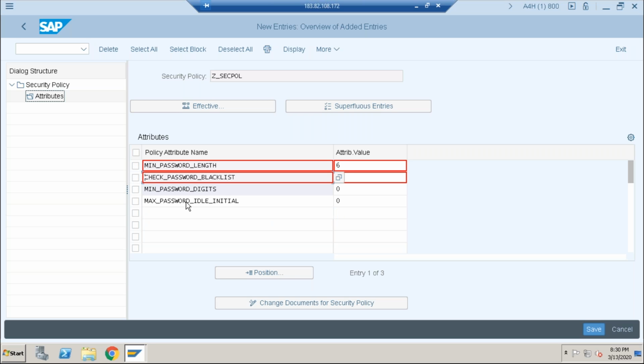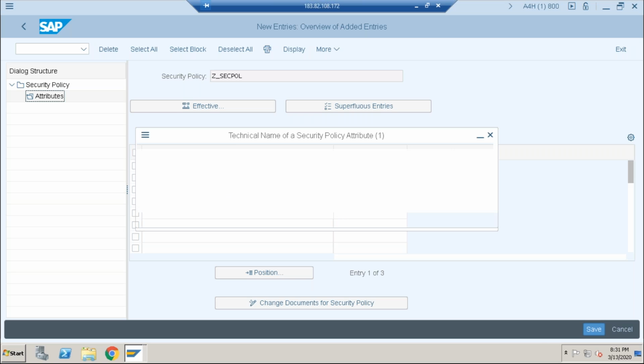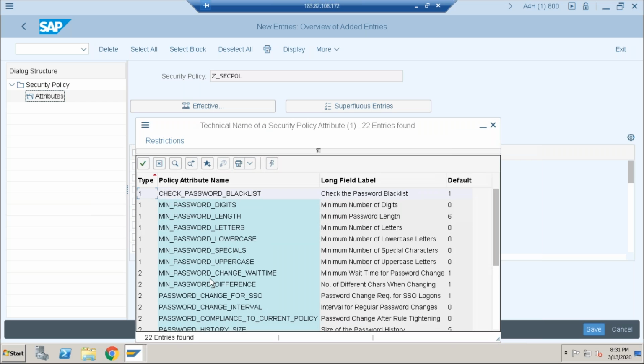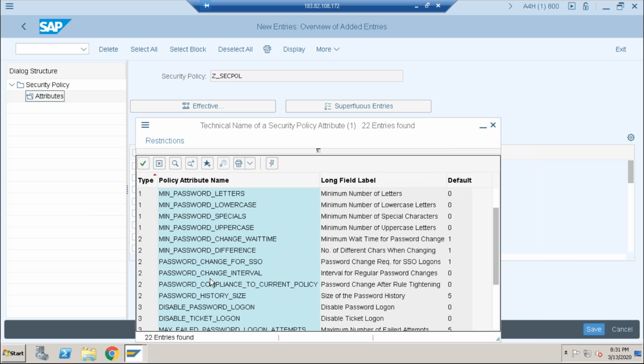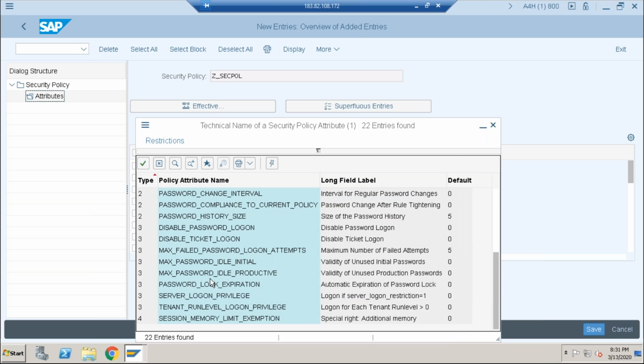But again, the production system has separate parameters. Go to the production system. See, the same parameter is there in production also. Password lock, session memory limit, exemption.